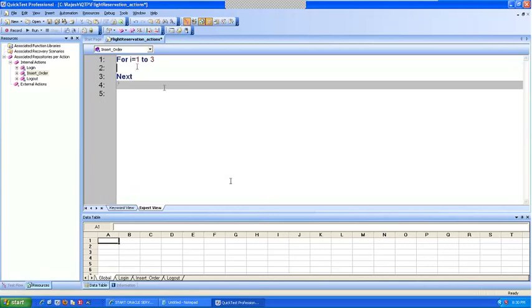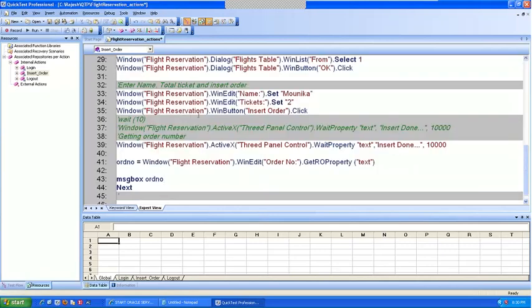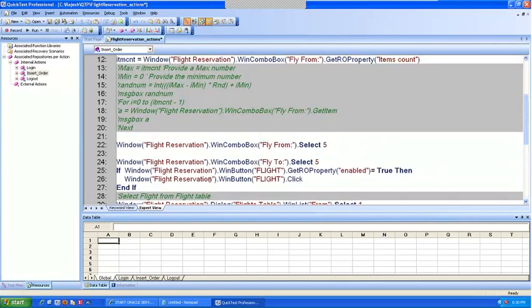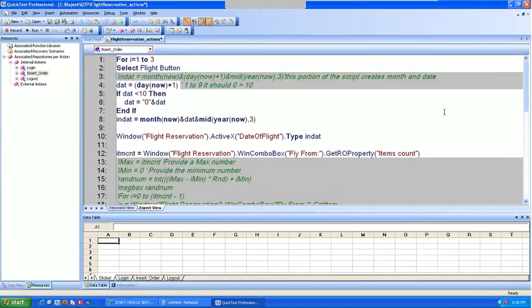So next. We did this already, right? Creating a new order and selecting the flights, and then creating a new order? We already did that, right? We did these 3 orders, sir. Not exactly 3 orders, but selecting a new order and selecting the date again.